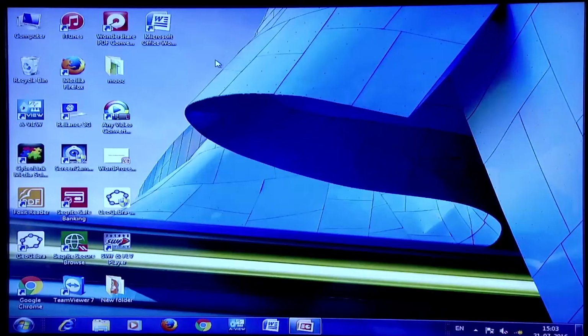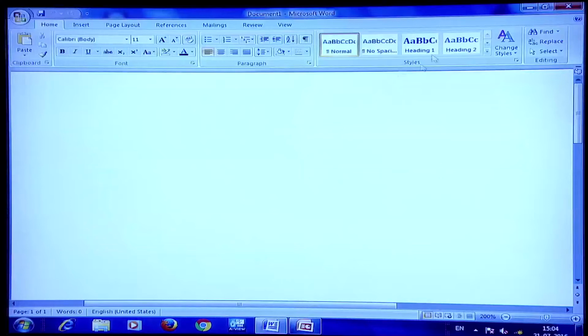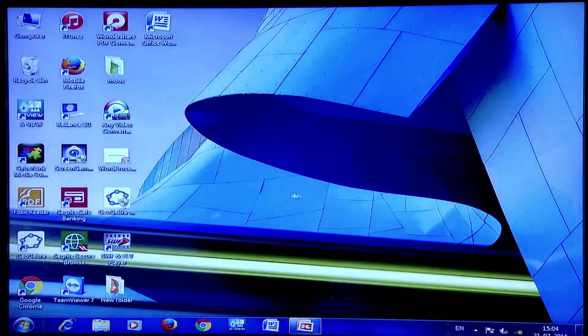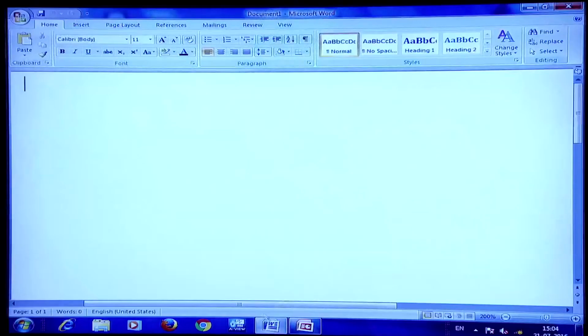The second method is to double click at the icon which is present on the desktop. It is not present on all desktops. If it is present, then we can double click it. You see this button, double click it and then Microsoft Office opens. The third method is to click at the icon which is present at the taskbar. Again, it is not that on all computers you will see this button at the taskbar. If it is present, then you can click it and then Word opens. So, these are three methods of starting MS Word.